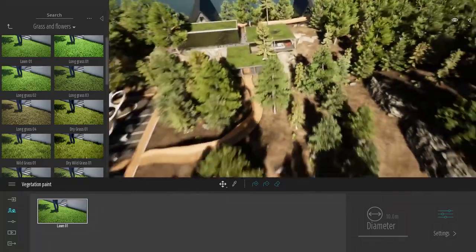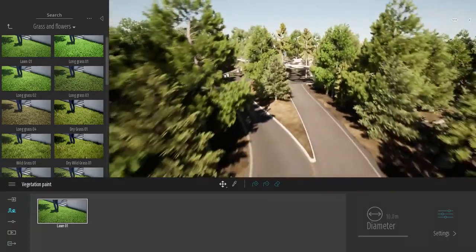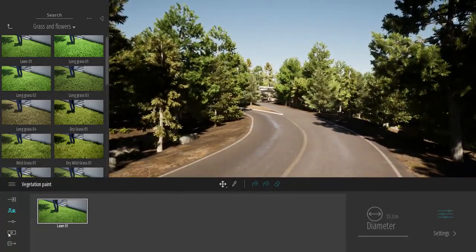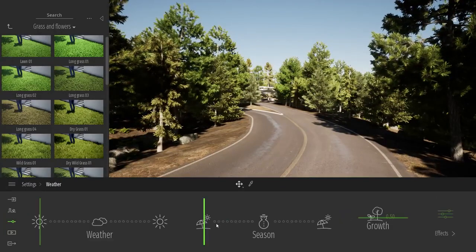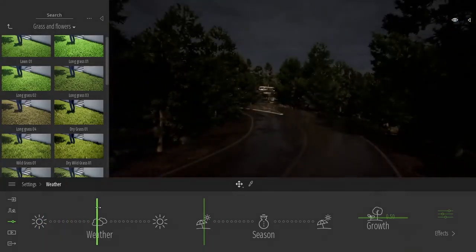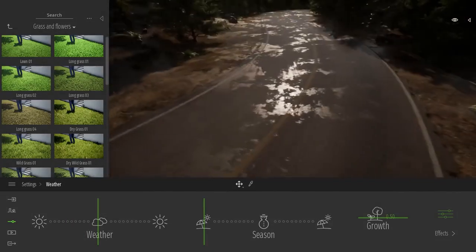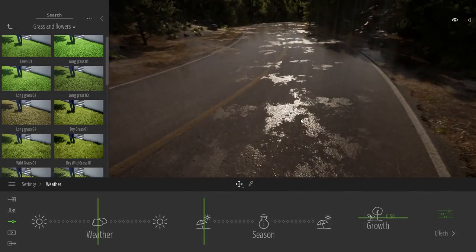So in Twinmotion also, for those of you who are not familiar with it, there is a complete ecosystem. If I come over in the settings, weather, we have 3 sliders. First one is controlling the cloud coverage. If I start to drag this slider here, clouds will appear, it will start to rain, and the rain automatically affects all the materials of the project. As you can see here, there is nothing to do for that, it's completely automatic.